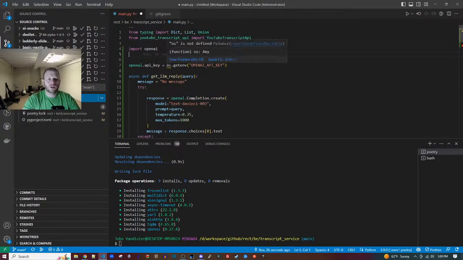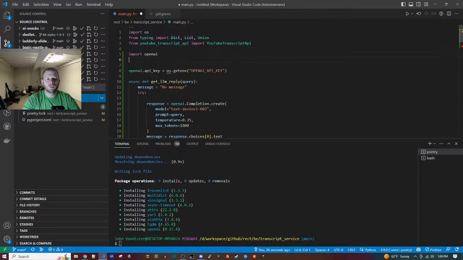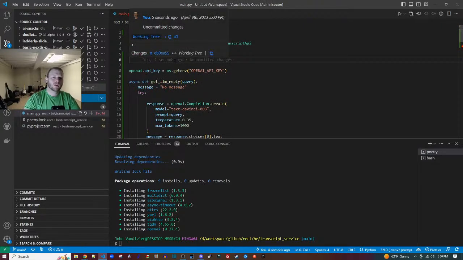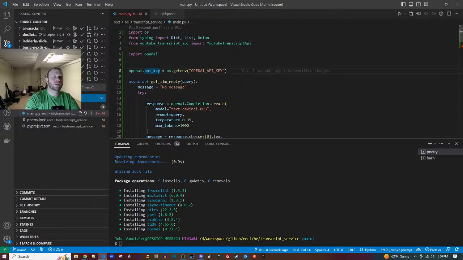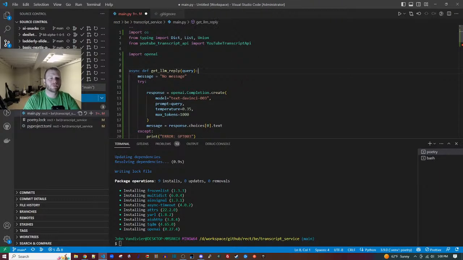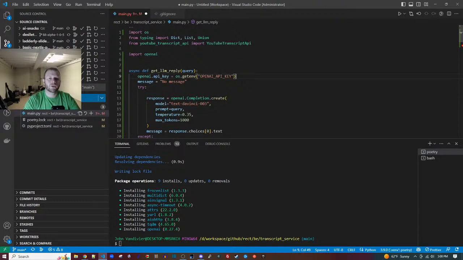Import the OS module as well. Now I have reference to OpenAI, I have reference to OS. We want to get the key. We can do that inside the method. I don't like to have loose variables like that. OpenAI.key.